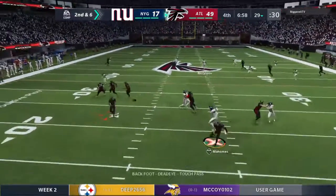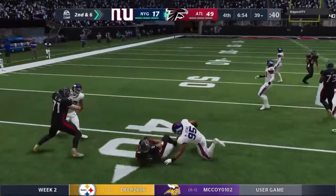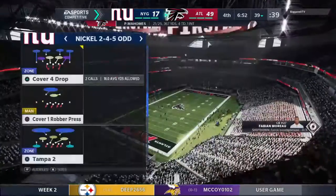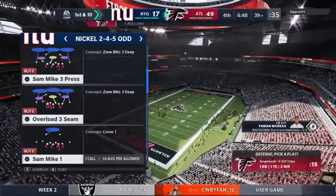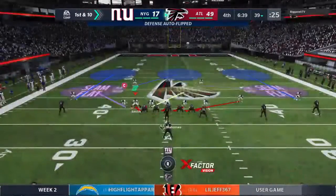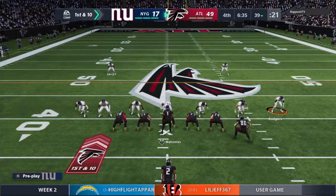Throwing again on second down. Mahomes. Oh, it's a screen pass. It's complete. And he gets this one just shy of the 40. They'll mark him down at the 39. 11 yards there. First down. There's a beautiful throw there, and he's been sensational the entire game, moving it around, spreading it, hitting the right